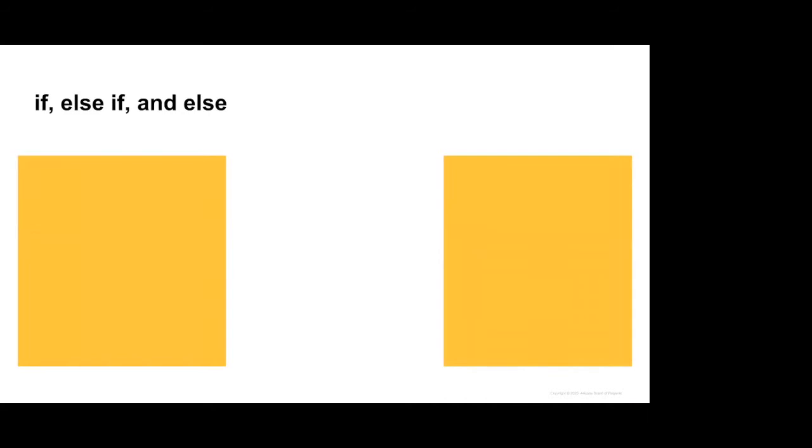Okay, so let's take a look at the conditional statement. It's just an if, else, and else if statement. The first one is pretty basic. It's just an if statement. For example, if condition, then the body part. If the condition is true, then execute the block of code. If it's not true, then just skip this